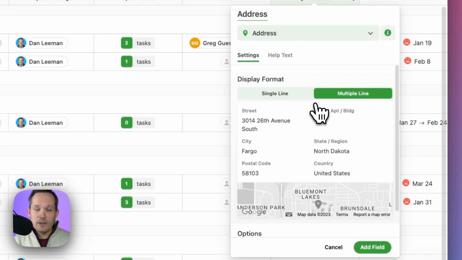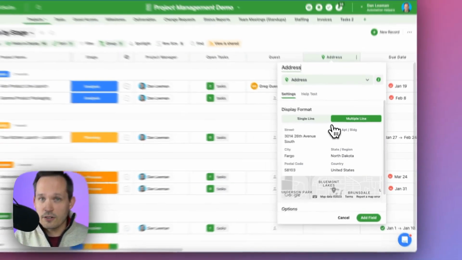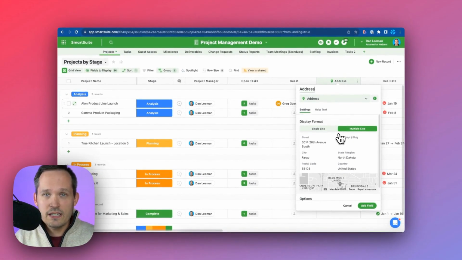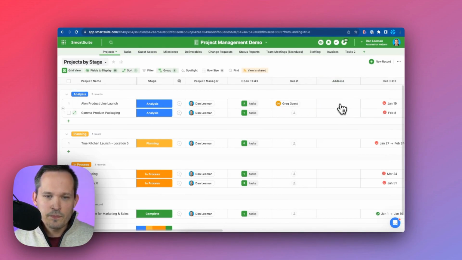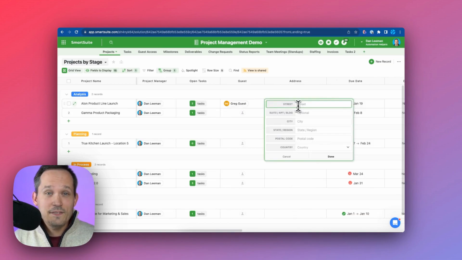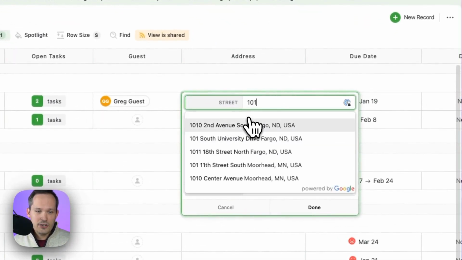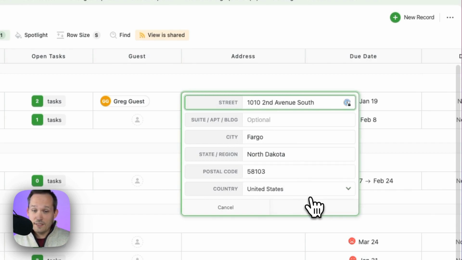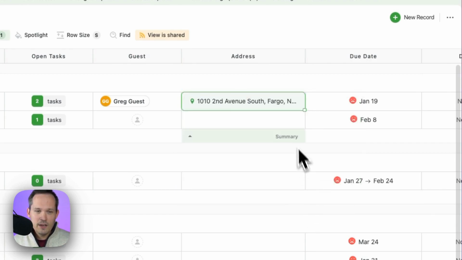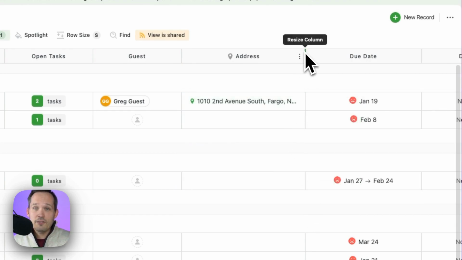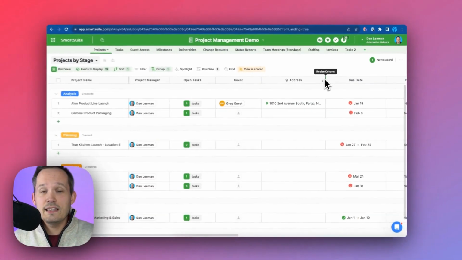Whereas in Airtable, we'd have to create separate fields for our street 1, street 2, our city, our state, and our zip code. Instead, if we have an address here, this can show up as one field, or we can format that differently. These field types also have a lot of functionality baked into them. So for an address, we actually have address validation. We can click on an address, it fills it out for us to save us some time. We press done, and now we've got that information available, and this can be used in that map view that